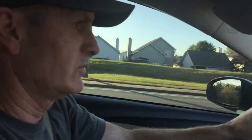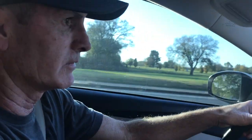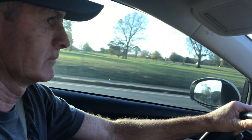So the goal is to make your time up there, not try to make it up when you're behind the wheel, because you're not really making up any time, even though you feel like you are. Make sure you have a habit, like you park your truck